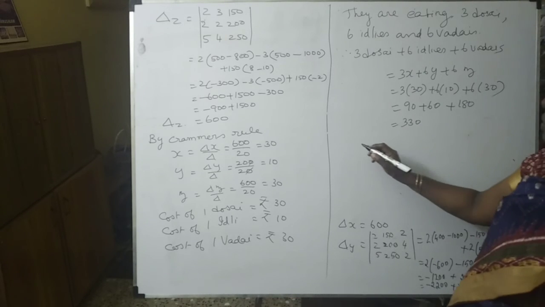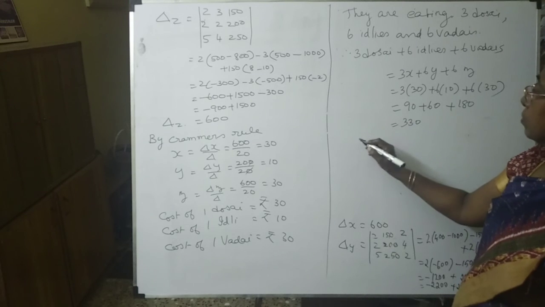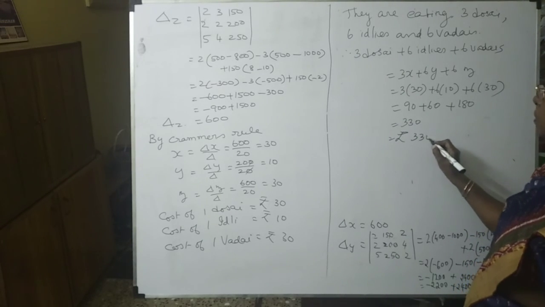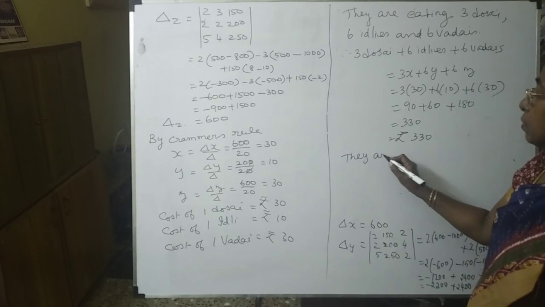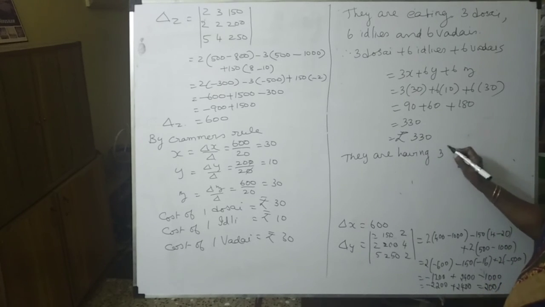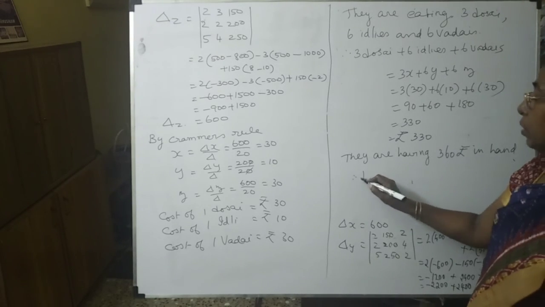So the cost of this is equal to 330 rupees. How many rupees do they have in their hand? 360 rupees in hand. Therefore they will be